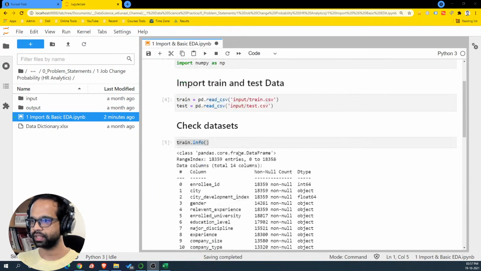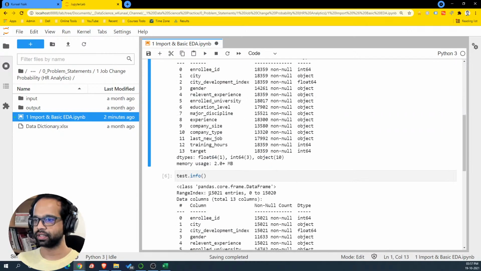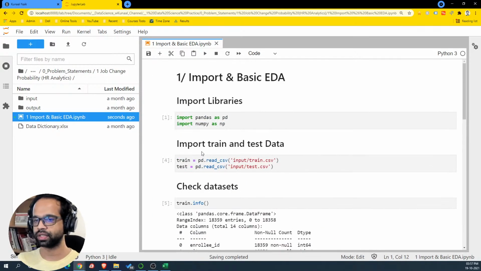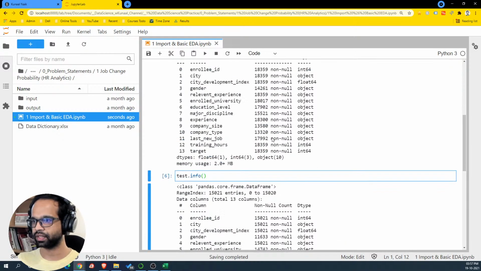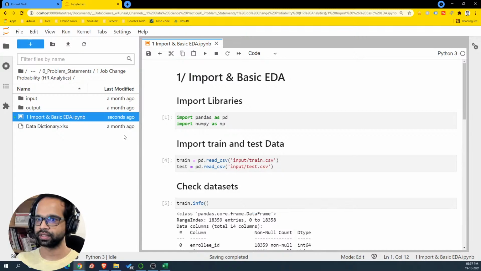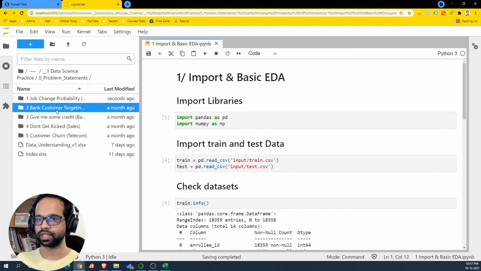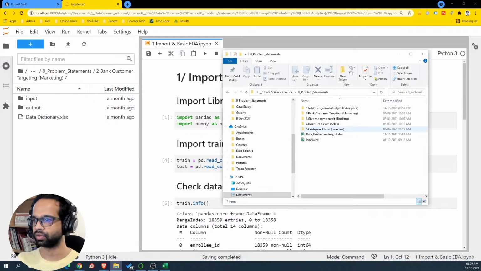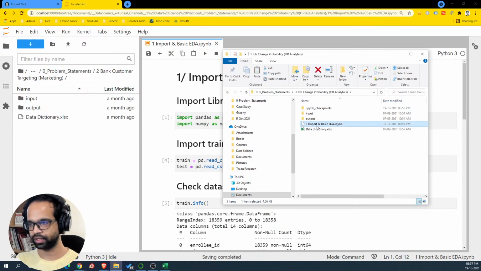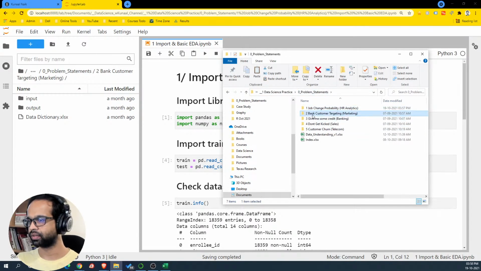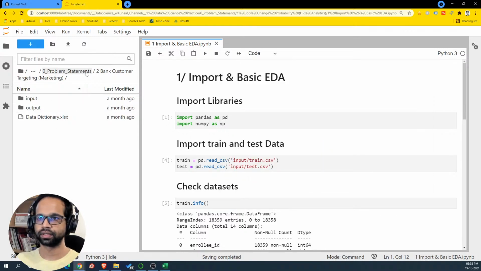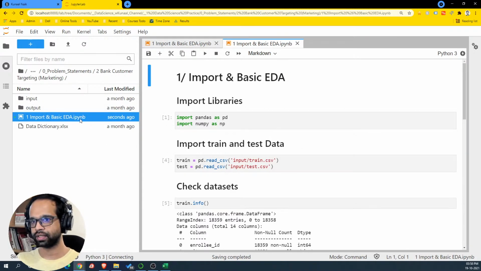Cool. So we imported the data set, and this is pretty simple to do. If this is good enough, and we are able to look at this data nicely, what we can do is take the same code and use it in the second problem statement and see how that works out, right? So I'm just going to go back to this one here. You see this is already created, so I'm going to do the same thing for this place. I will go here and this code is again open, right? So this is for the second problem statement. I'm just going to again run it,